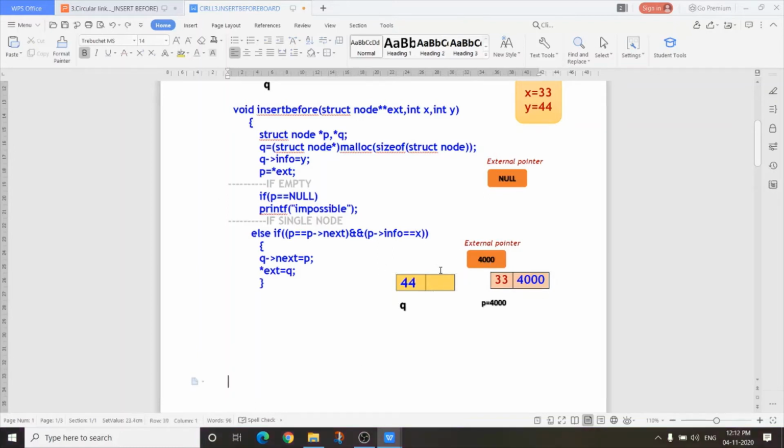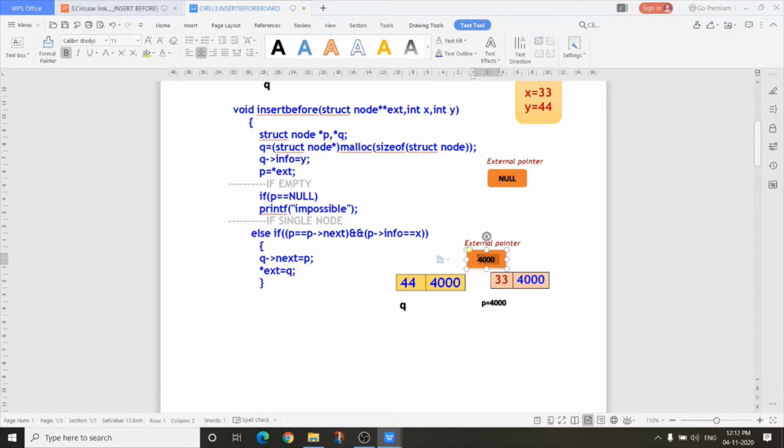So this will be our newly created last node. Then what I have to do? What is Q arrow next? Q arrow next should be this 4000, that is P. So here it is 4000. And because this will be our new last node, so star ext equals to Q. Star ext points to this node.